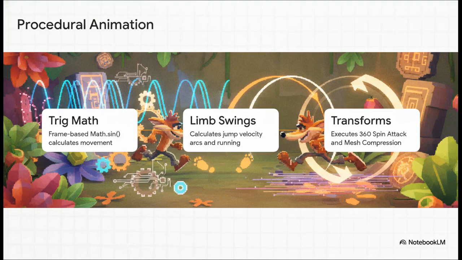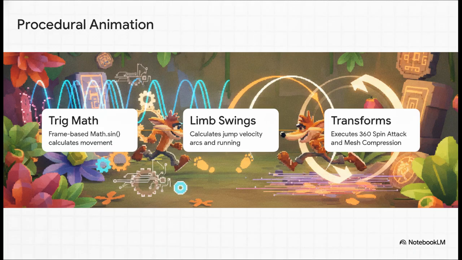So without pre-rendered animation frames from a human artist, how does he actually move so naturally? Well, the code levels up the animation using real-time trigonometry. Instead of drawing a character running frame by frame, the procedural animation engine uses math, specifically sine waves. Think about a sine wave, right? It smoothly goes up and down. That mathematical wave is the perfect substitute for a human animator. It creates a completely natural swinging arm for a run cycle or a perfectly smooth velocity arc when he jumps